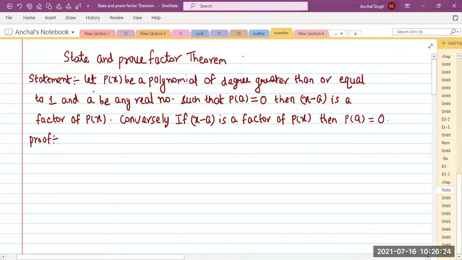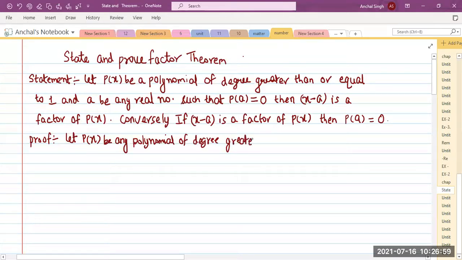फर्स्ट थिंग, ये जो फर्स्ट लाइन है ना, इसको और जो सेकंड लाइन का ये हाफ पोर्शन, इसको हम कॉपी करते हैं. फर्स्ट आई एम राइटिंग: Let px be any polynomial of degree greater than or equal to 1.